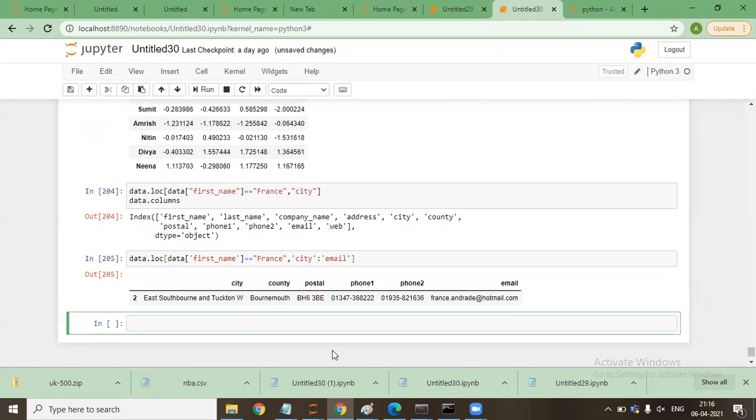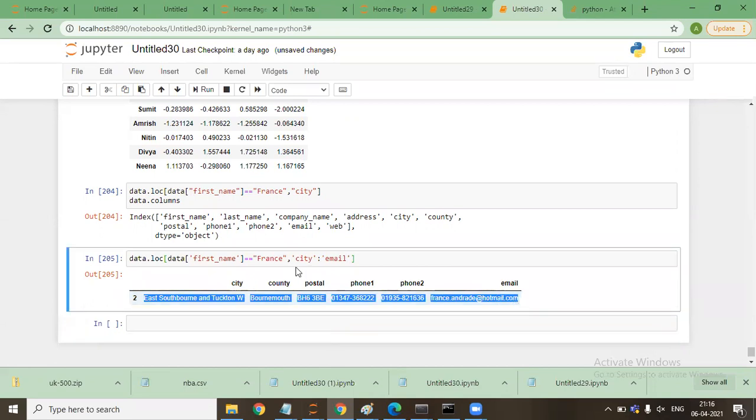So it will give me city till email. I have not used the square brackets, yet it is giving me a data frame by default because we have selected multiple columns. It is coming in a row kind of format, but since we have selected multiple columns, by default it is converting it into a data frame.